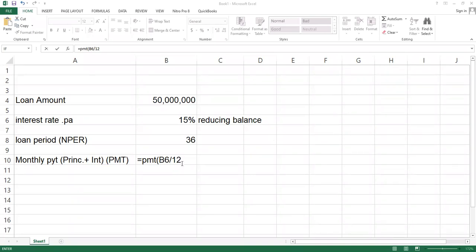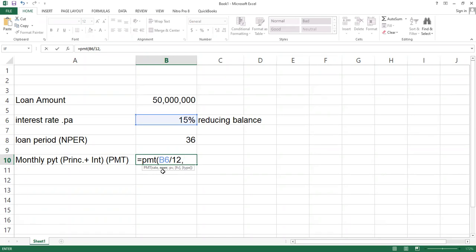Okay, now I was saying that this monthly payment, this annual payment, the interest rate per annum, I need to divide it by 12. In case I take it the way it is, assuming I had the monthly interest here, like I get 15 divided by 12, then there will be no need to divide by 12 at this level. But since it is per annum, I need to divide this by 12. Then I put a comma. Then it is asking for